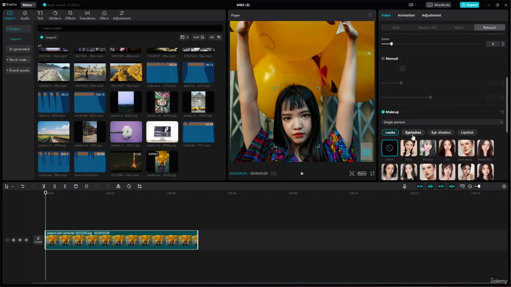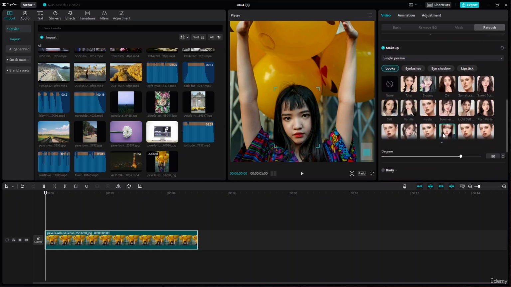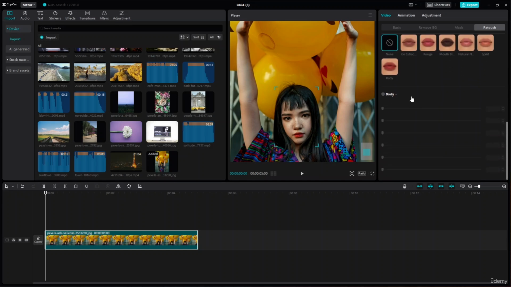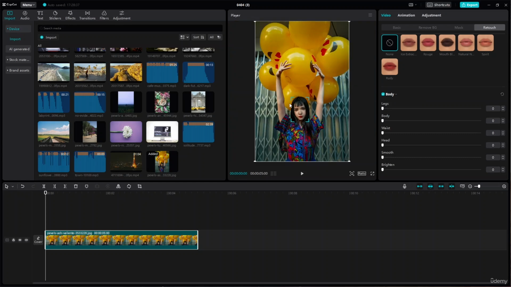You can apply that. There are a couple of presets which you'll be able to apply. You can see this is how it looks, this is how it looks, this is how it looks. You'll be able to fix the eyelashes, the eyeshadows, the lipstick, and you can also fix body measurements too. Let's say maybe I want smoother. There's no legs, but you'll be able to customize it the way you want to. You can fix the waist, the head, everything. Okay, so now you know how you'll be able to color grade and customize your video, even the subject in